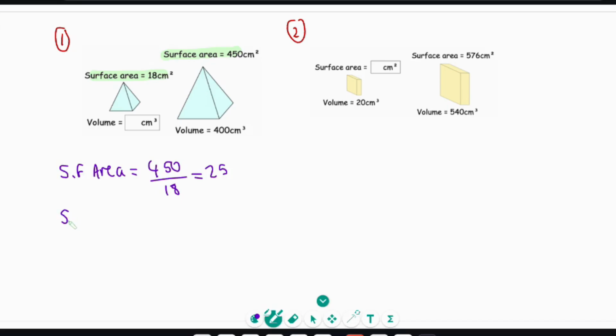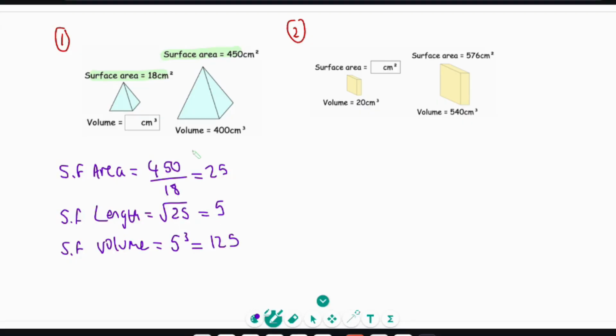Don't forget we always need to go back to scale factor for length. So square root 25. Now we can find scale factor for volume. So if we cube our 5, and then big to small, so we're going to divide by our scale factor for volume, 400 divided by 125,